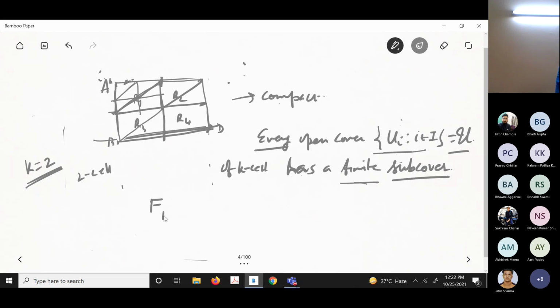Let F be the cell, and if possible assume that F is not compact, then there exists an open cover such that no finite subfamily covers F. Let delta denote the diameter of F. As noted earlier, F is the union of 2 to the power k cells, each having diameter delta by 2, that I told you. At the next stage, if you divide by adding the midpoints, the diameter will be delta by 2. So at least one of these k cells, you call it F1, won't be covered by finitely many.